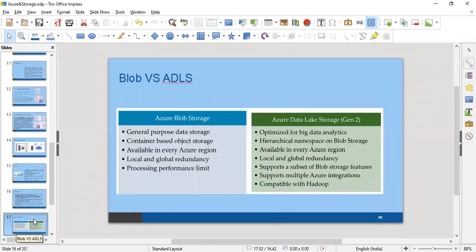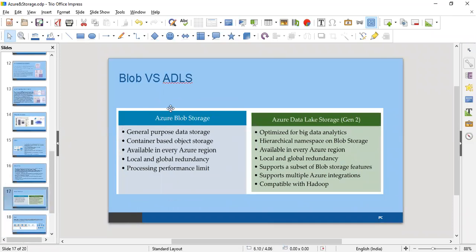So let's open this and talk about blob storage, what a blob is, and why we are using Azure Data Lake also. So let me open the